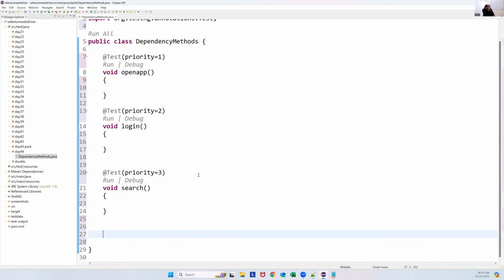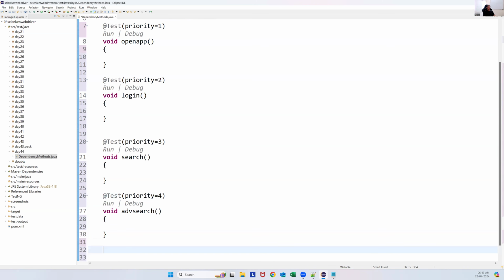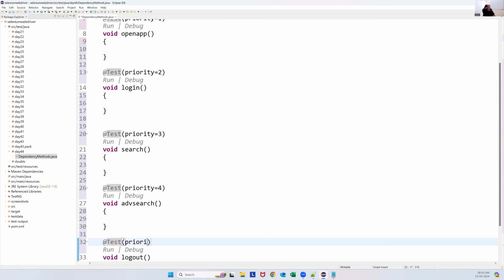And then I'll create another test method, void advancedSearch. And this is also another test method, say priority 4. And finally, I'll create one more method, void logoutFromApplication. This is also a test annotation and priority